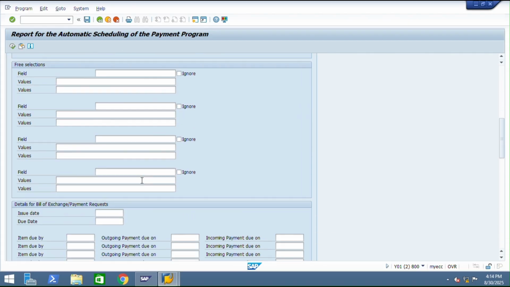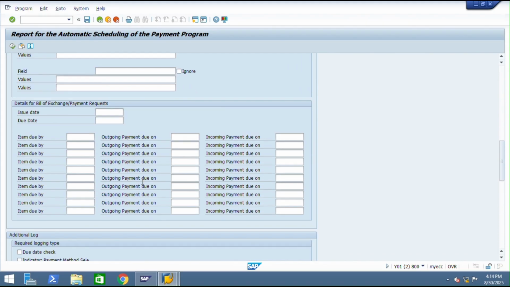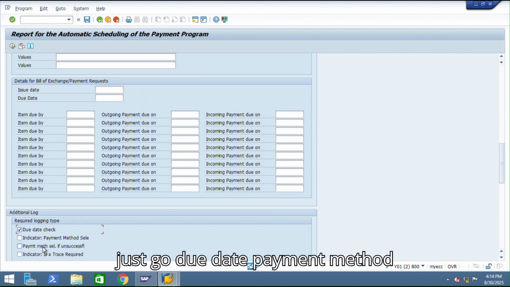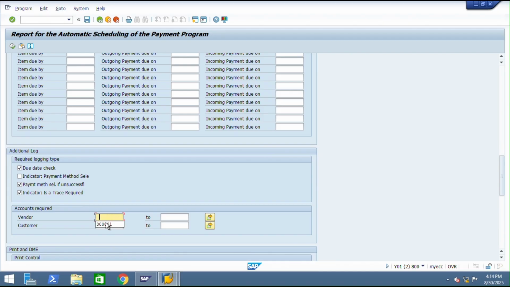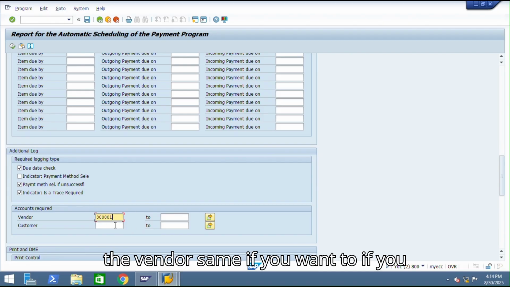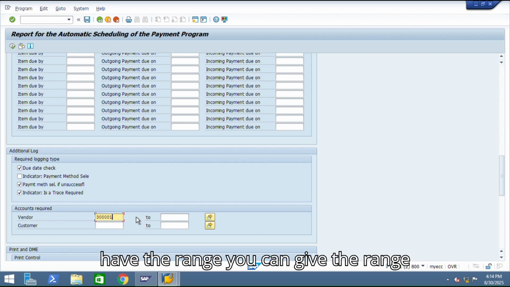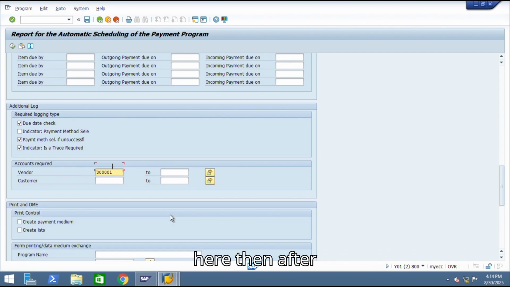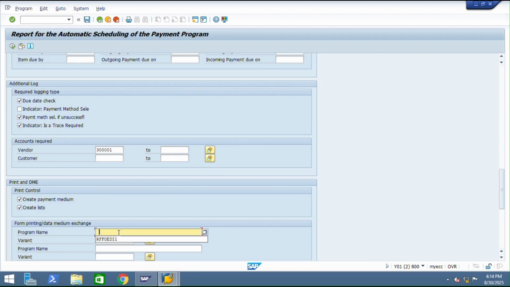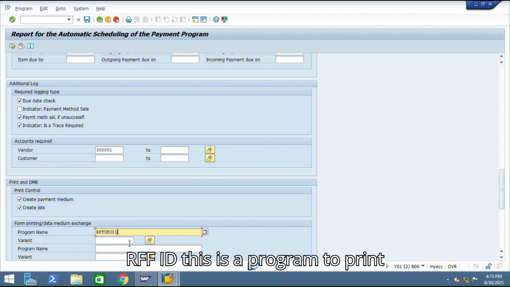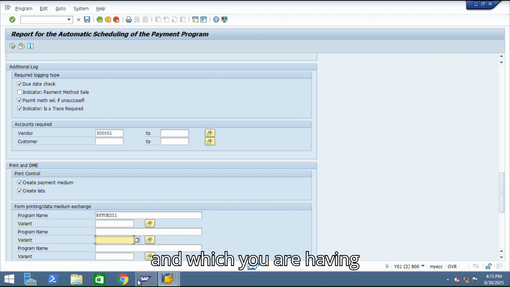and just go to due date, payment method, indicator, trace. Give the vendor the same. If you have a range, you can give the range here. Then after, create payment method, create list, RFF ID. This is a program to print,